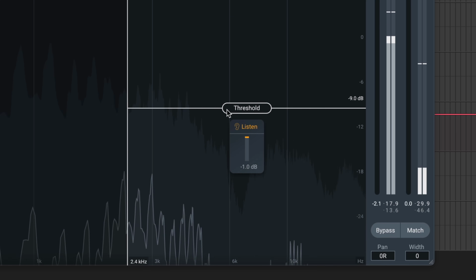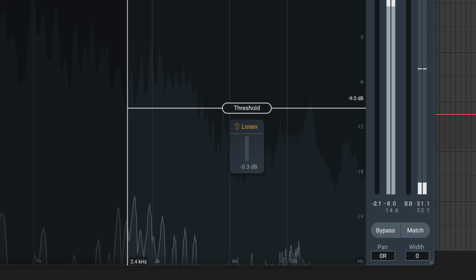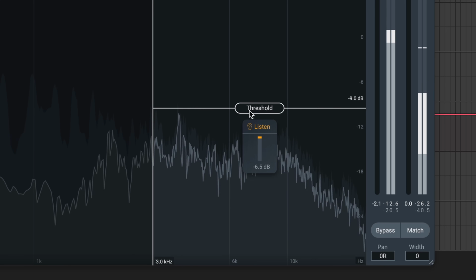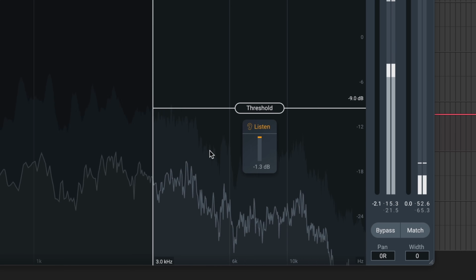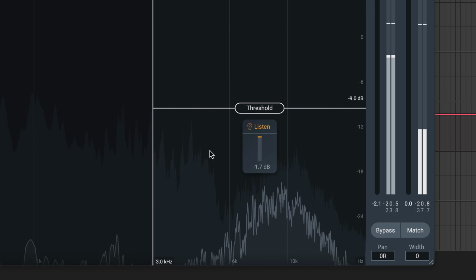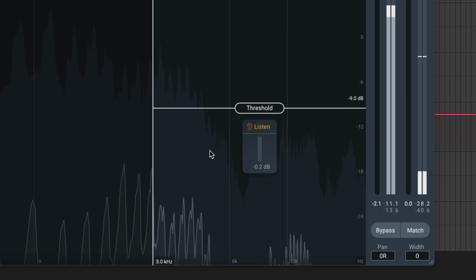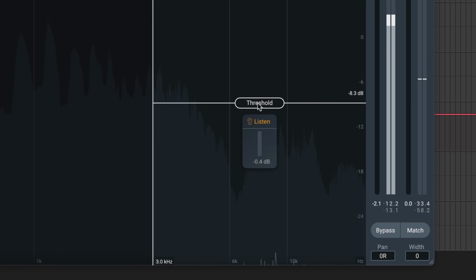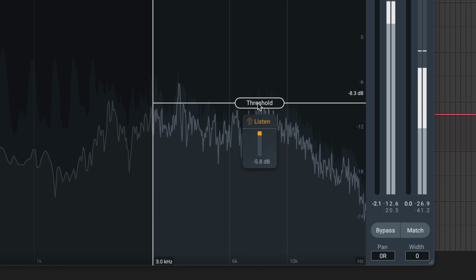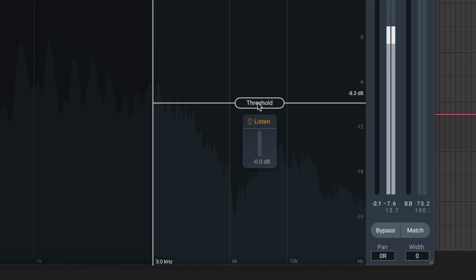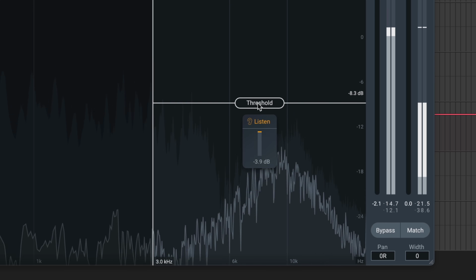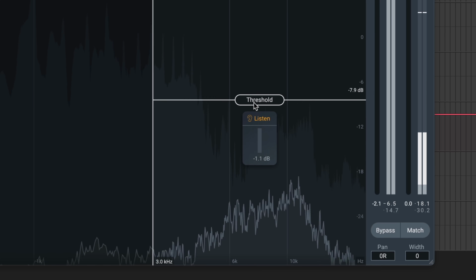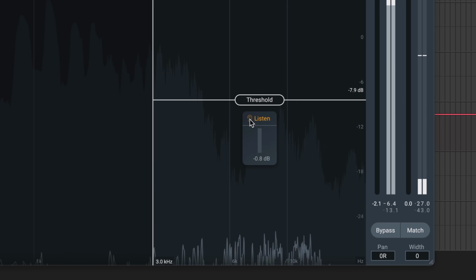I'm actually going to bring the cutoff up a little bit. So I'm hearing a breath in there. I don't mind that. I'm also hearing the ch kind of thing. Oh, there's a word. I don't like that. Let me back it off a little bit more. Okay, cool. I think we have a good place for our processing. Now let me turn off the ear.